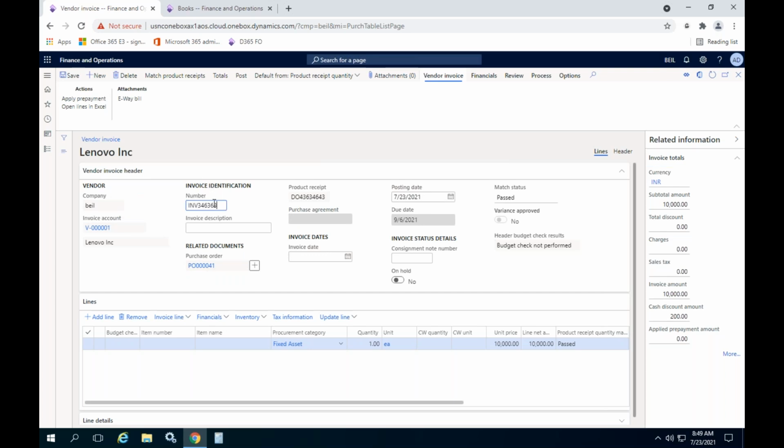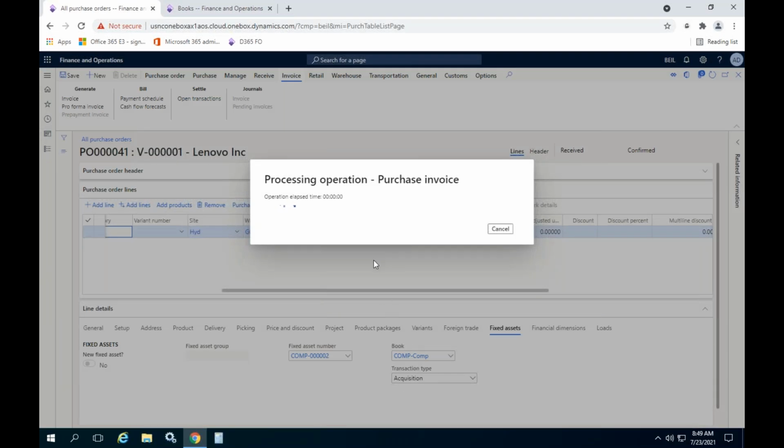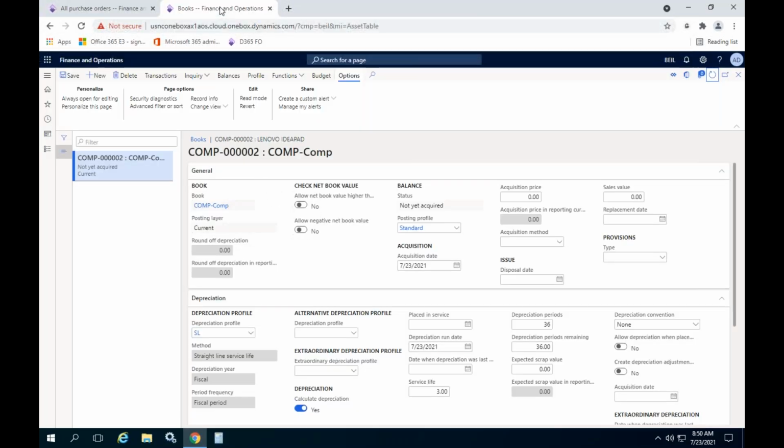Let's say invoice number, invoice date, find, then post it. In case, instead of 1 quantity, if I enter, let's say, 5 quantity, this asset